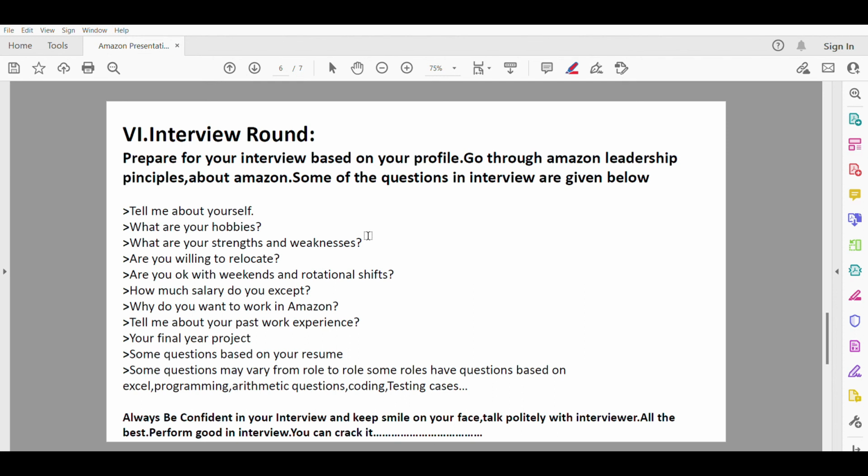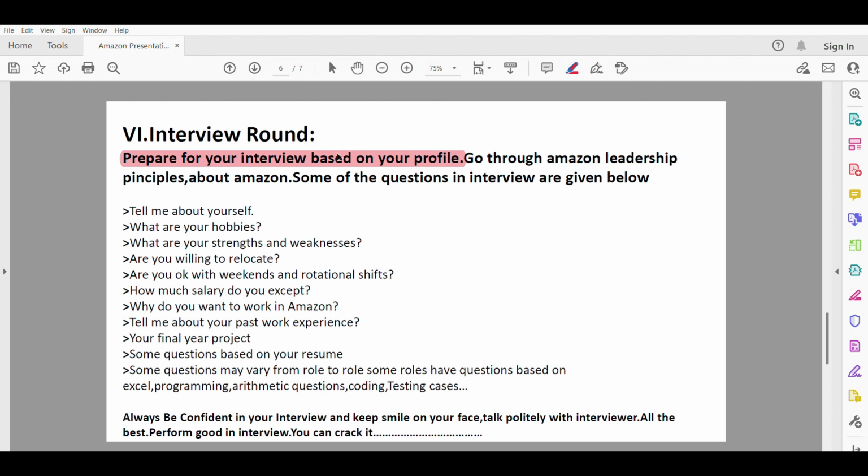Okay, first of all, when you are going to the interview, prepare based on your profile. There are different profiles in Amazon, like SPS, Tron Associate, and Quality Specialist. When you apply, a description of that role is given. Go through that whole scenario of the role: what responsibilities are required, what skills are required, and what steps are included and what we have to do. So first refer to your profile and prepare for that.